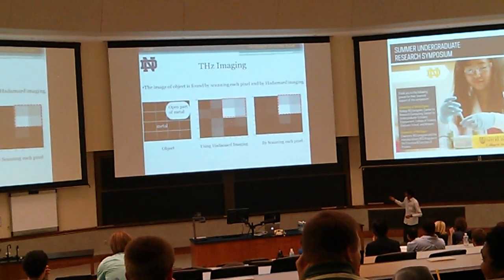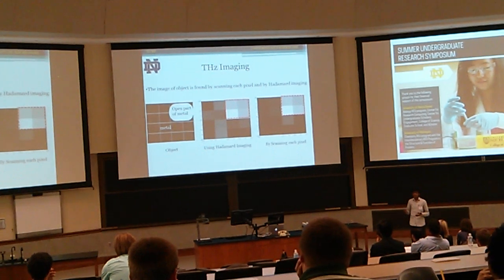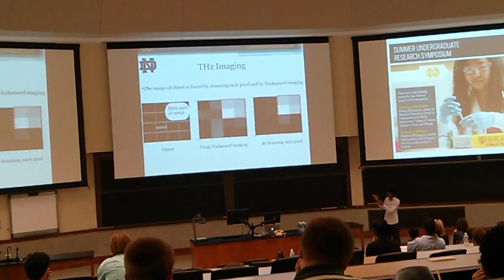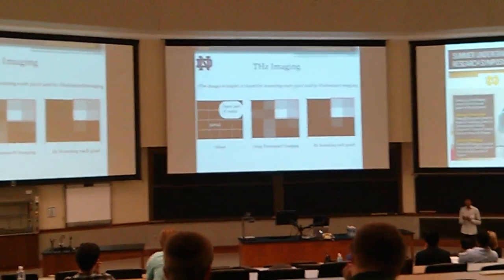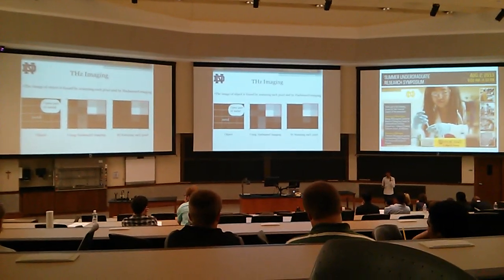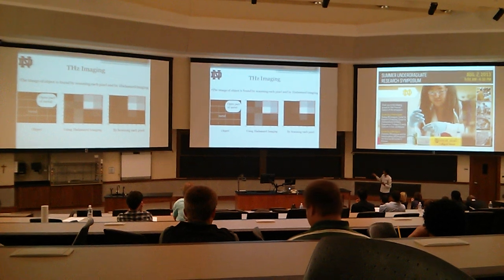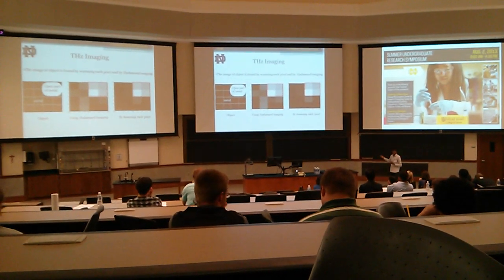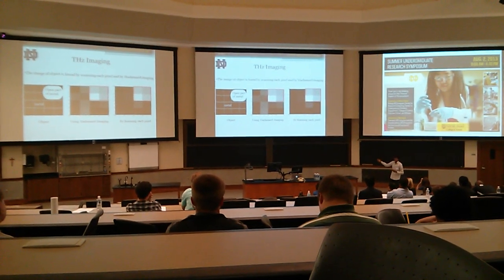So we implemented one more method called coded aperture imaging using Hadamard imaging. We have a Hadamard matrix for every resolution of the pixel, and we project multiple pixels at a time. There is always 50% of the transmission, so that we can see by naked eye that there is some modulation. By using Hadamard imaging, we got a similar result to that of scanning each pixel. But as the resolution increases, we can see this imaging is far better than